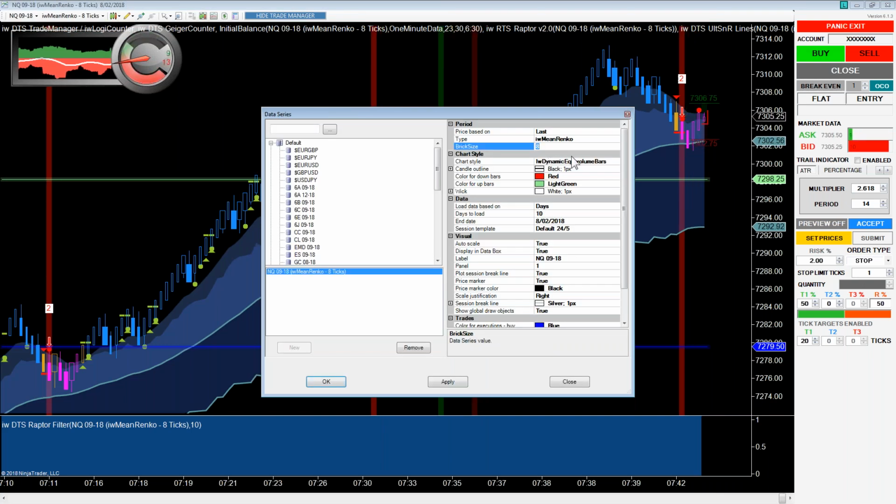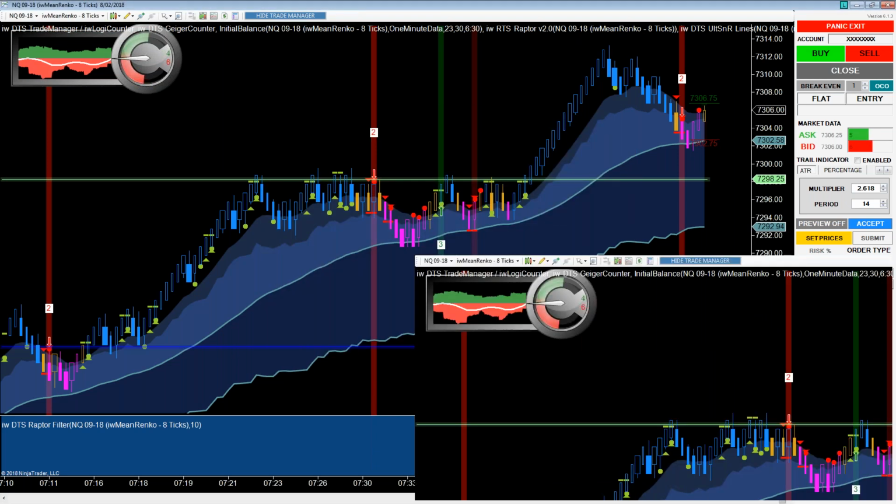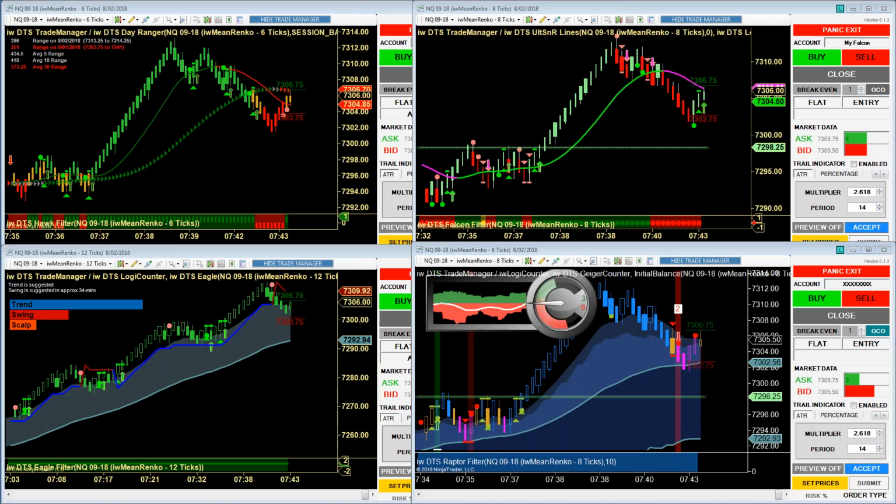And the default brick size would be 8 ticks. This is going to be the default for the majority of the markets that you're interested in. If you're looking at an instrument that's trading over $10 a tick,